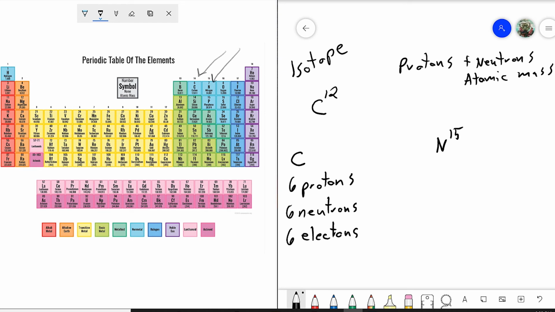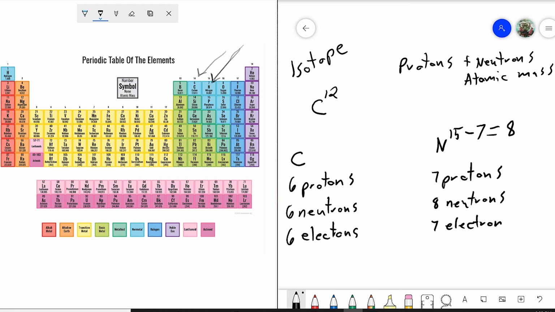So this nitrogen has the mass of 15, and so looking at the periodic table, its atomic number is 7, so 7 protons, and 15 minus 7 is going to give you 8. And so we can now say that this nitrogen atom has 7 protons. Again, how do we know the protons? Looking back here at the periodic table, it has an atomic number of 7, which means it'll always have 7 protons. We now know that it has 8 neutrons. And because I didn't say whether it has a charge or not, we are going to assume that it also has its 7